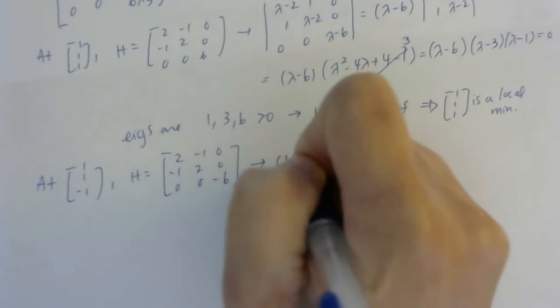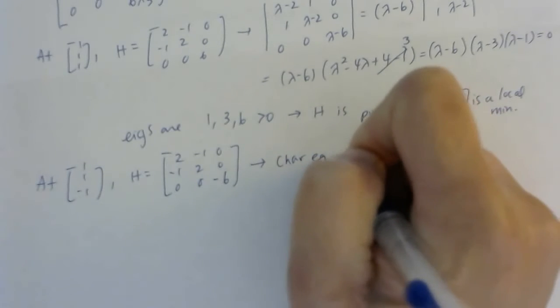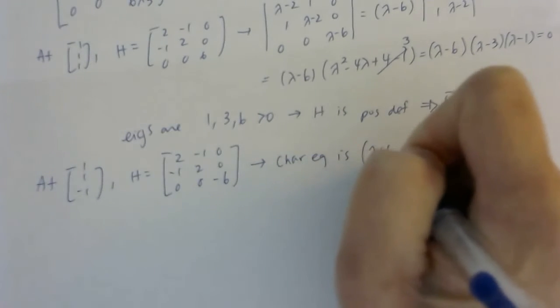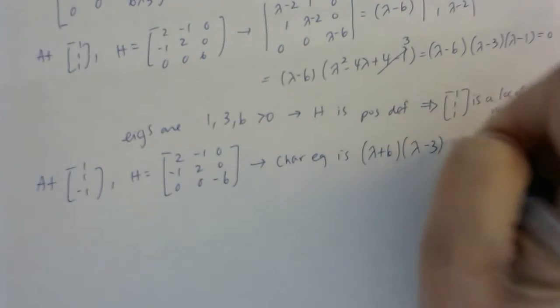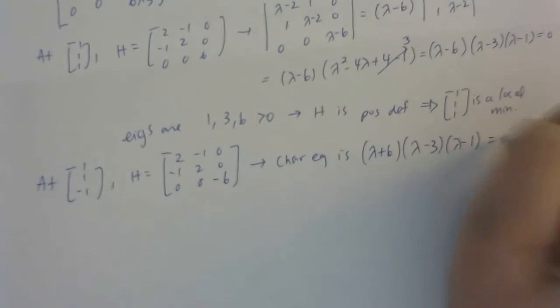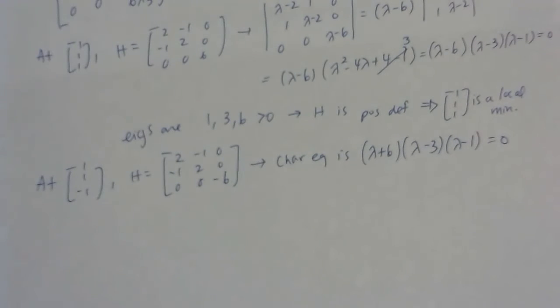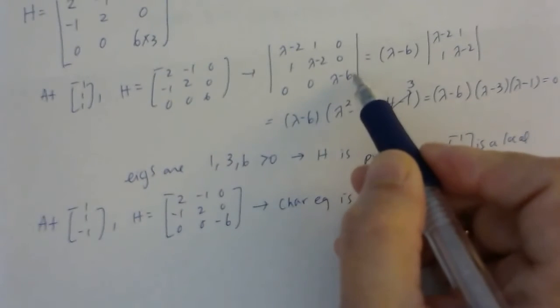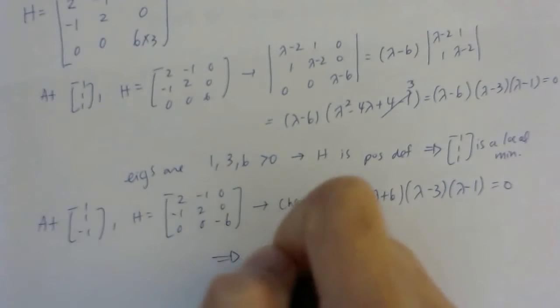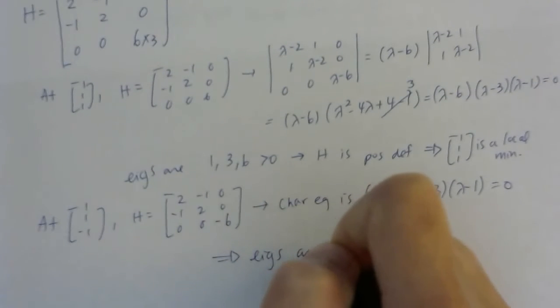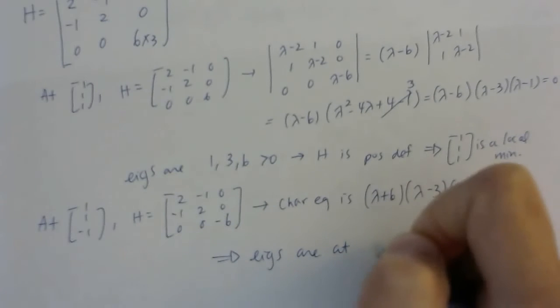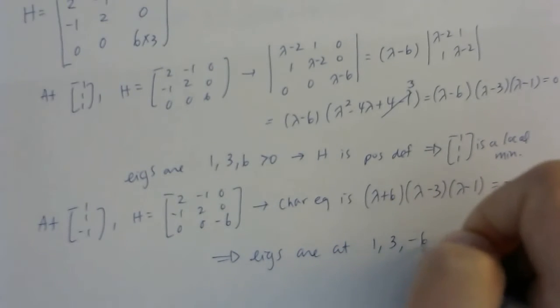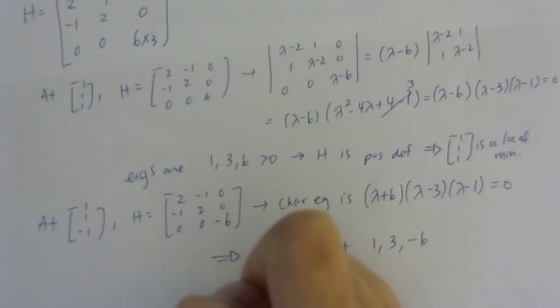So the characteristic equation, I'll kind of skip some of these steps, is (x plus 6)(x minus 3)(x minus 1). Hopefully it's okay to skip those steps. The only thing that changes is the sign of this 6 here, which implies the eigs are 1, 3, and minus 6, which implies